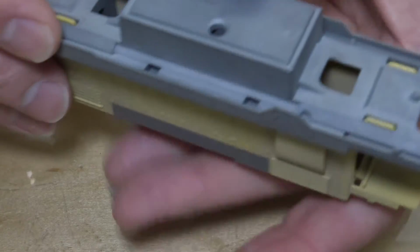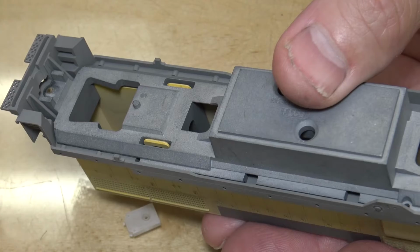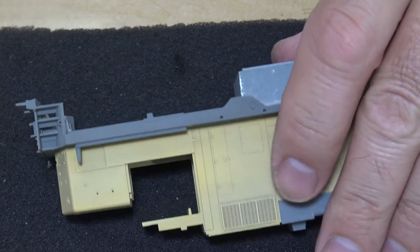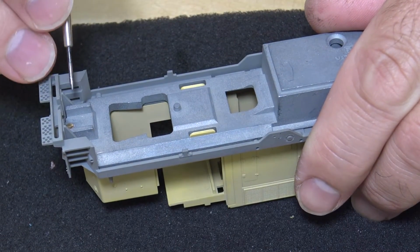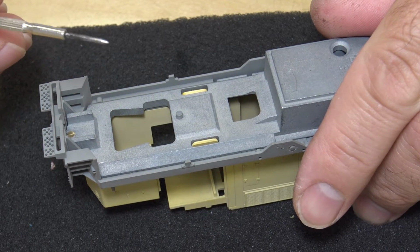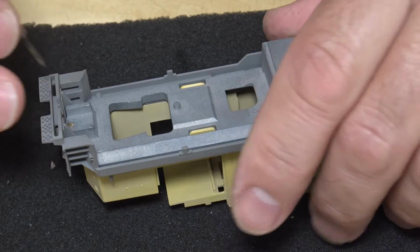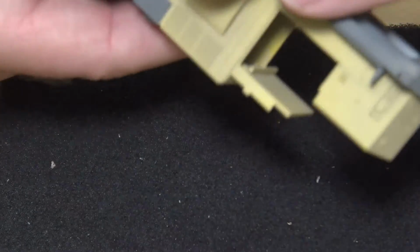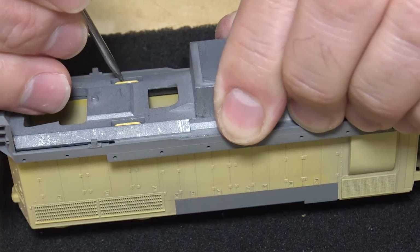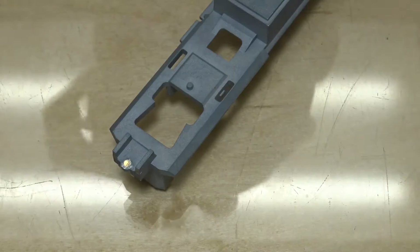So I'm going to do the same thing on the back and on all of the other frames, and then I'm going to drill them and tap them for a 0-80 screw. One of the important things I forgot to mention is after you get your little mark on your frame, you need at least a little pinprick, let's call it, to get your drill bit started. This shell is really tight on this frame. So we've got to pull this. There we go. Now that you've got it marked,